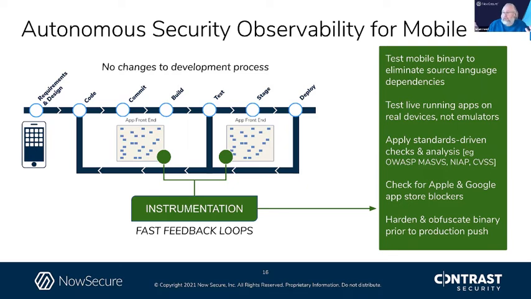And so we're making the assumption that in the mobile world, you're using something like Contrast to make sure you're scanning the back end. So what we really need to do is look at that last mile between the back end and the front end, but also interrogate any APIs that aren't standard APIs that might not have been covered in your standardized testing. Now, the mobile world's kind of intriguing because there are lots of different development environments and languages on the front end, but the best way to actually test an app is in its binary stage,